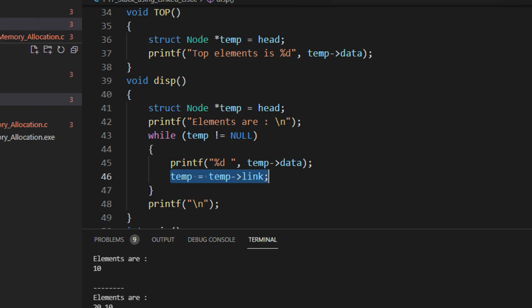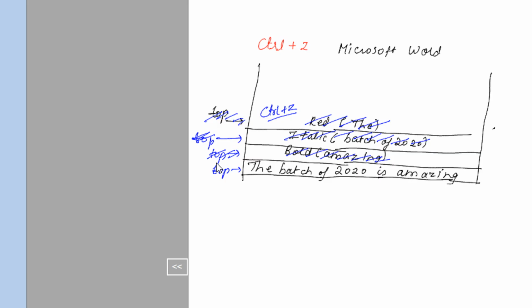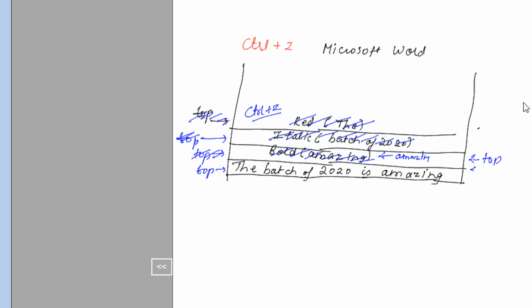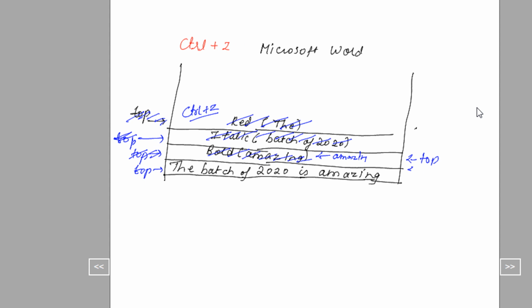So now there is also something called redo. I can do Control Y. So what happens in Control Y? The Office keeps a track. So it will do top plus plus, and I will actually get "amazing" as bold. So you can see just the pointer moving up and down, right? So this undo and redo is a classical example of stack. And of course there are various other applications, like infix to postfix, but I think that is too complicated for now, right?